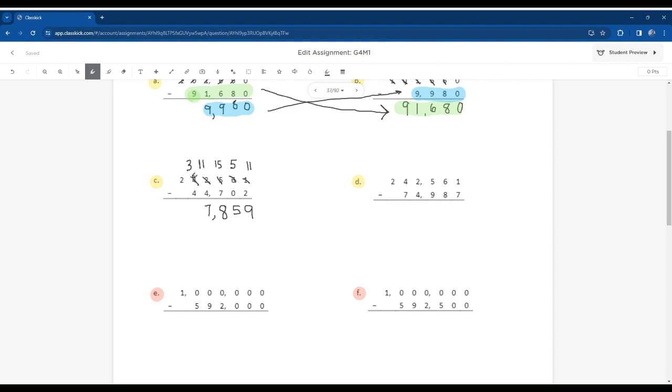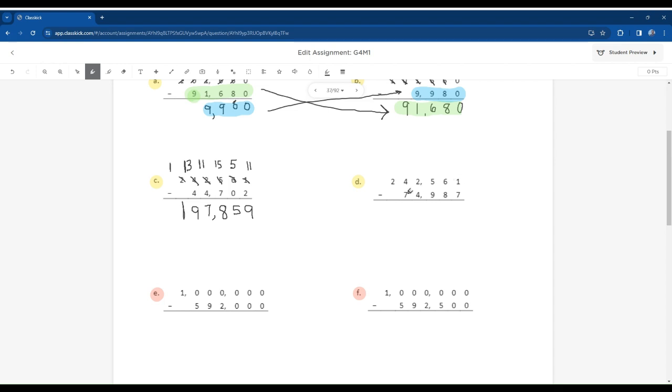3 minus 4, need to regroup. Going to regroup 2 in the 100,000s for 100,000s to make 10 extra 10,000s. 13 minus 4 is 9, and 1 minus nothing is 1 to make 197,859. Over here, letter D,